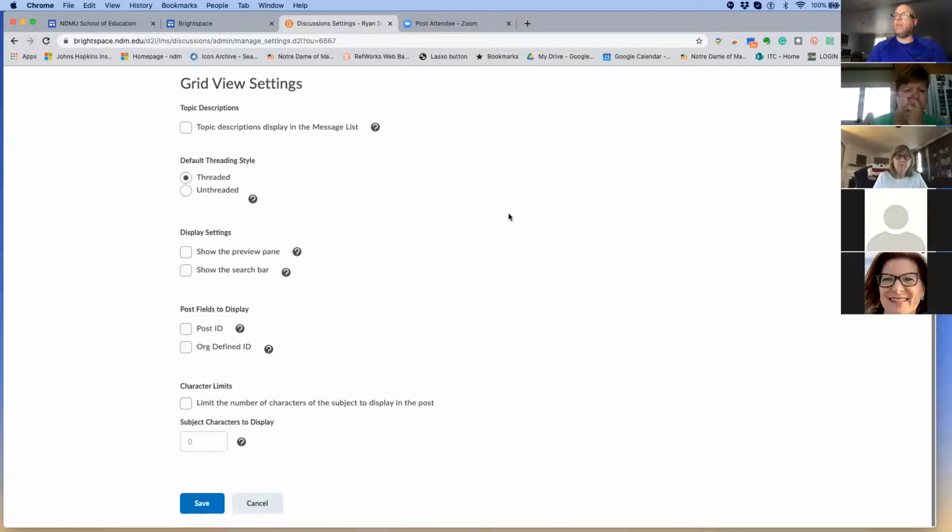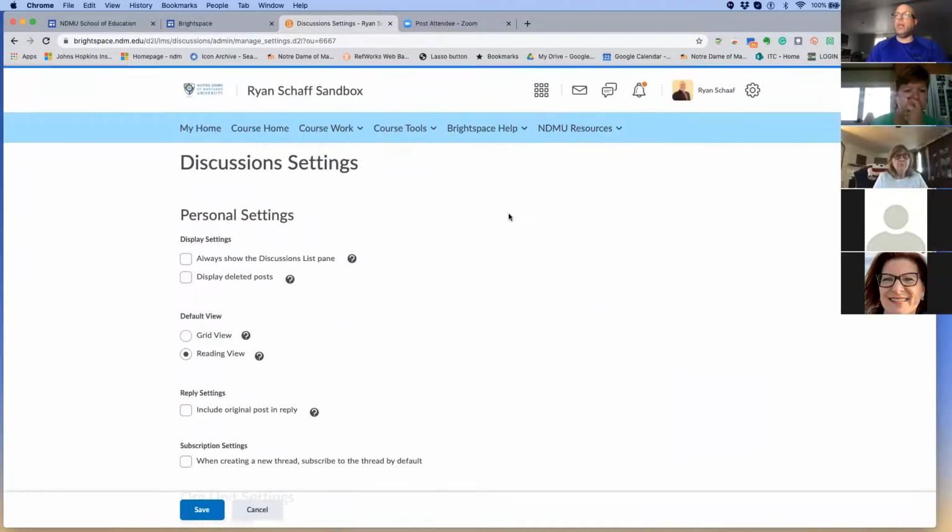Trying to see if there's any other. There's a lot in here to be able to customize. I'm not going to go through the weeds right now. Trying to